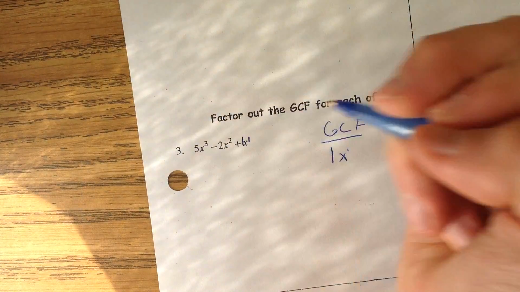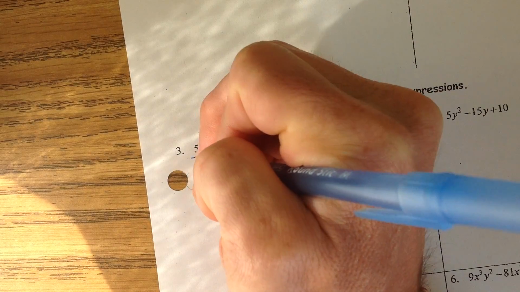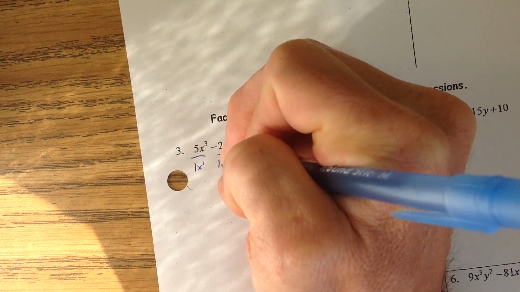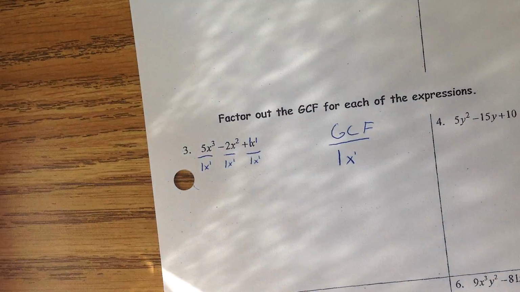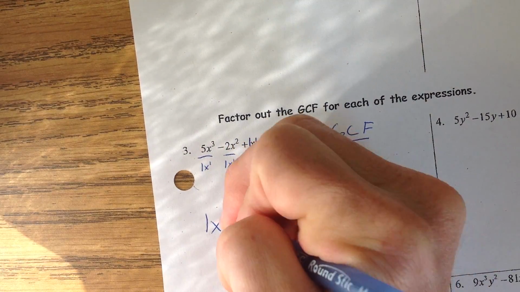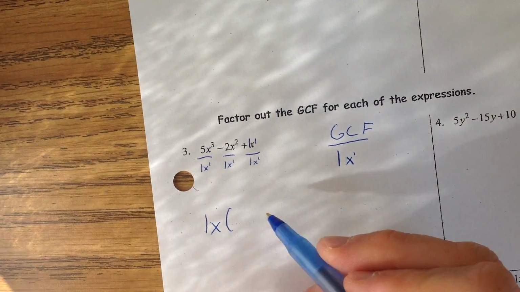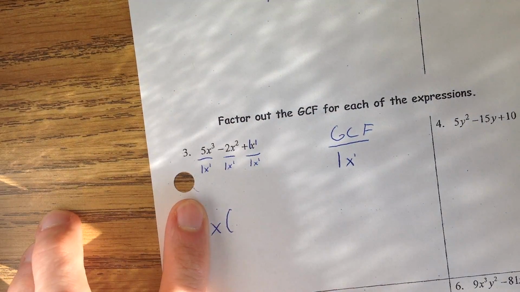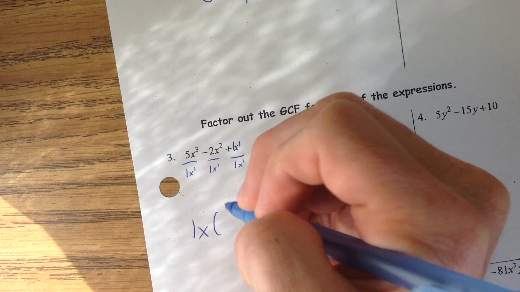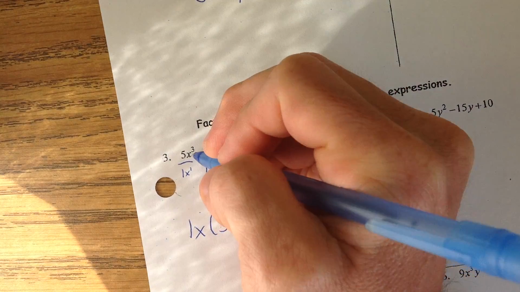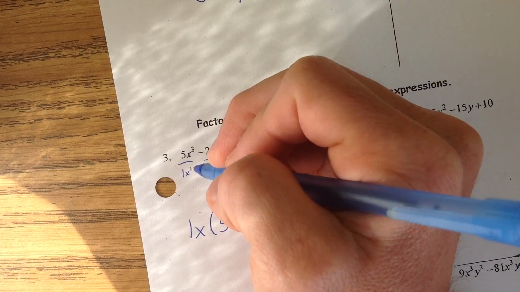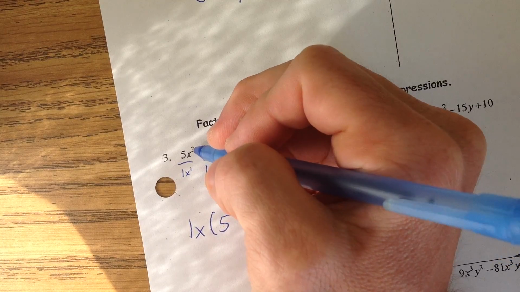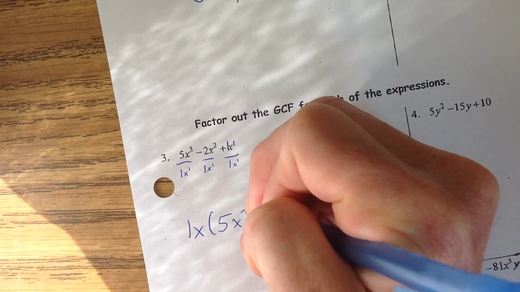Now to factor it out, that's where we're actually going to have to do the division. So 1x to the first, 1x to the first, 1x to the first. So the 1x comes out front, and you don't have to write 1x. You could have just written x. That would be fine as well. 5 divided by 1 is 5. X cubed divided by x to the first, we subtract the exponents when we're dividing, so 3 minus 1 is x squared,